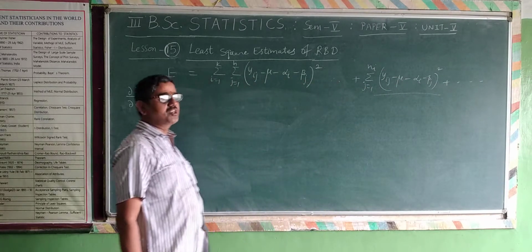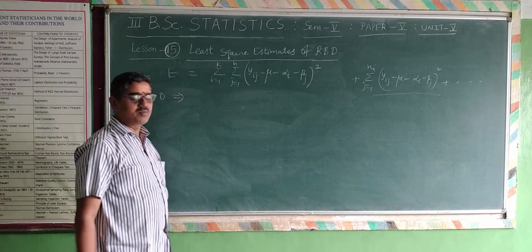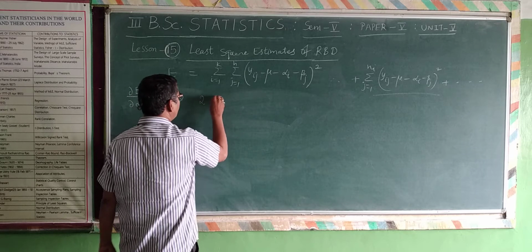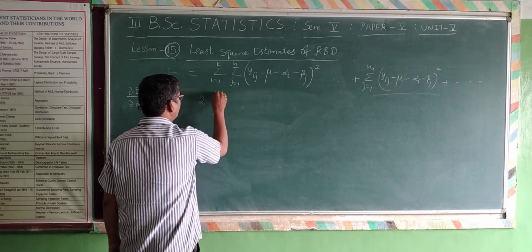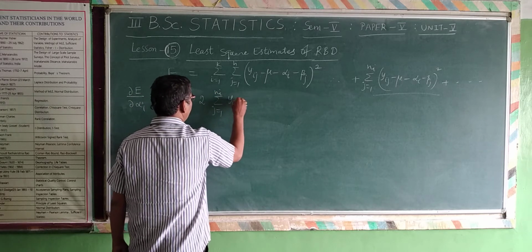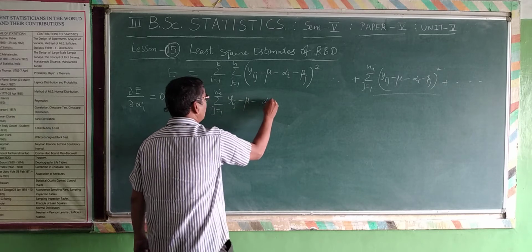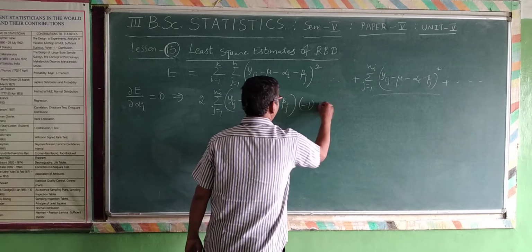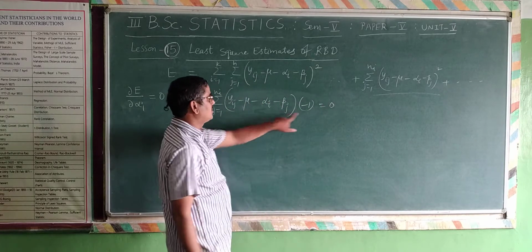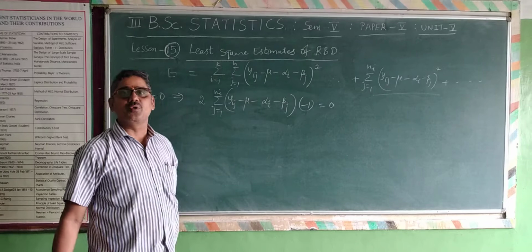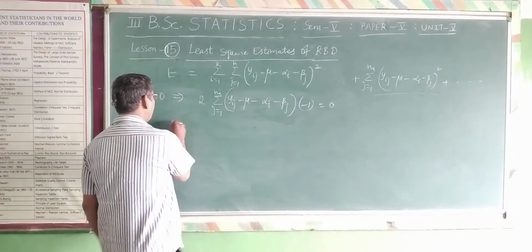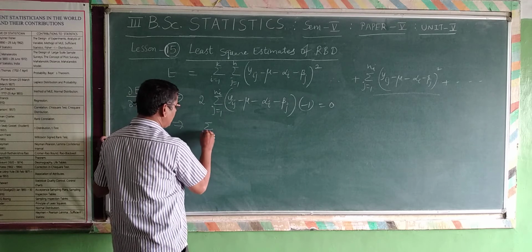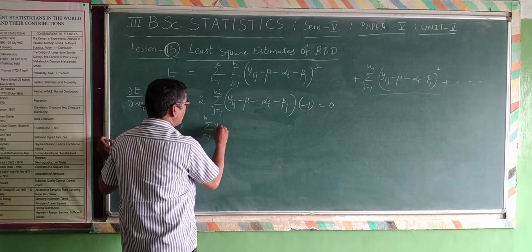Only the term you are differentiating matters. I have explained this many times, so I am directly doing it for the term whose differentiation is 2 into summation j equal to 1 to n_i, (y_ij minus mu minus alpha_i minus beta_j) multiplied by minus 1, equal to 0. For minus alpha_i the differentiation is minus 1, and the remaining differentiation is 0, right? So here, if you expand the summation j equal to 1 to h, y_ij